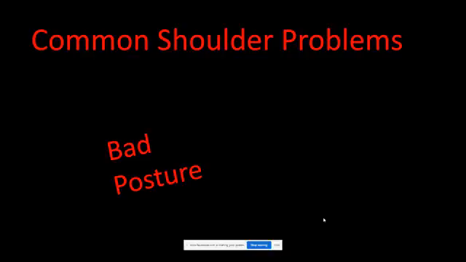Okay, so we're going to talk about some of the most common shoulder problems that we see in the clinic here. And probably one of the biggest culprits of shoulder problems is bad posture. Okay, so posture is huge when it comes to shoulder problems and, of course, neck problems and back problems. But bad posture is a very common denominator in shoulder problems. So that is something that we always address with any shoulder patient that we see, because it's usually a problem, and we can all work on our posture.